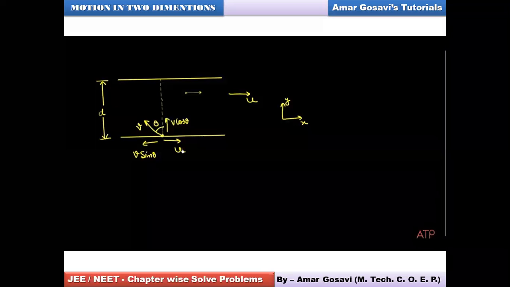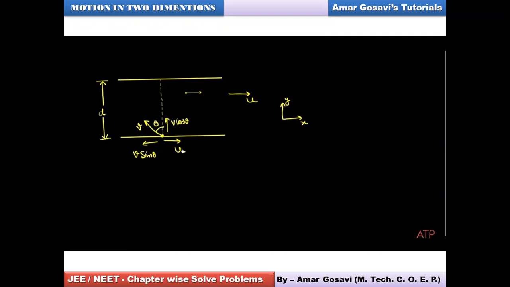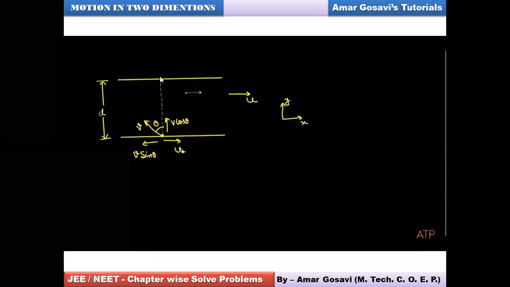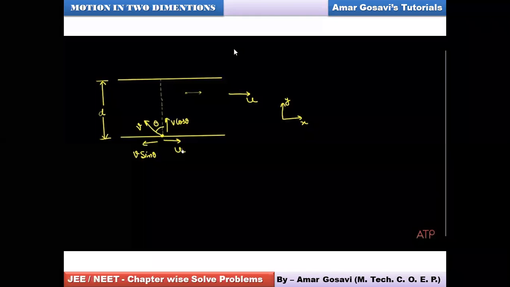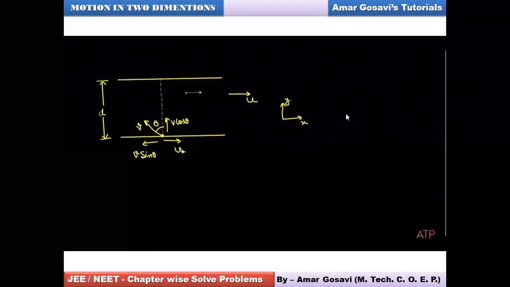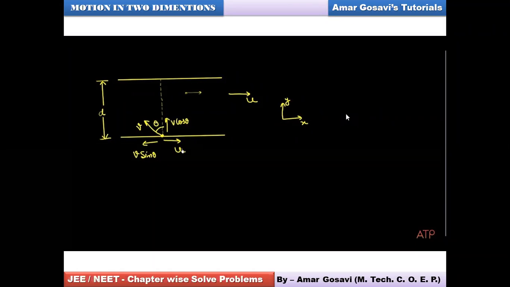So at times they would ask you a question: at what angle should he swim so that he reaches the exact opposite point on the other bank of the river? How do we work it out? This is the second type which we need to understand. Friends, we call such diagrams vector diagrams, and we need to draw correct vector diagrams whenever we need to resolve any situation or problem.